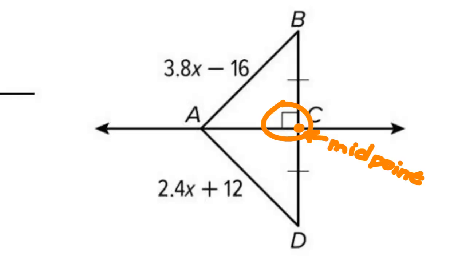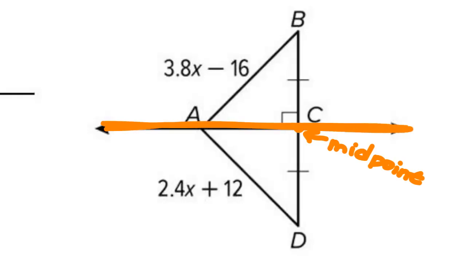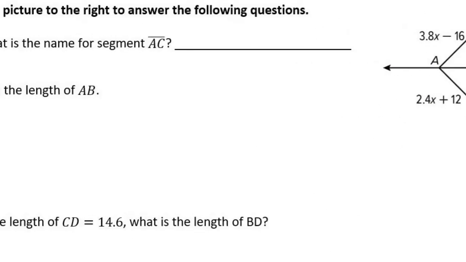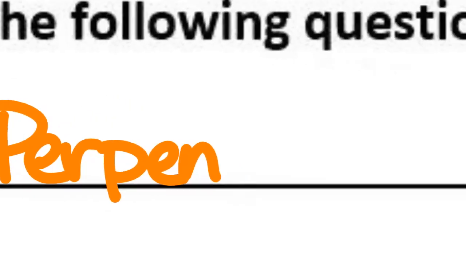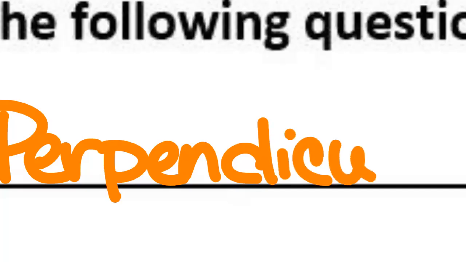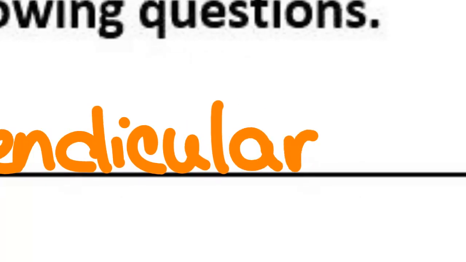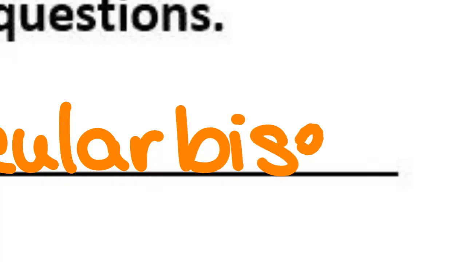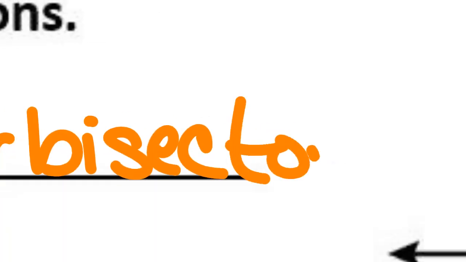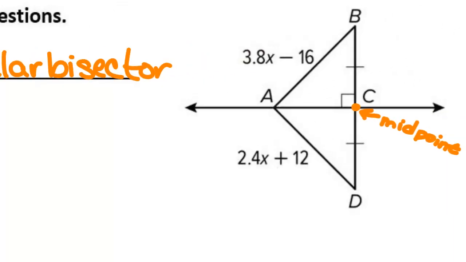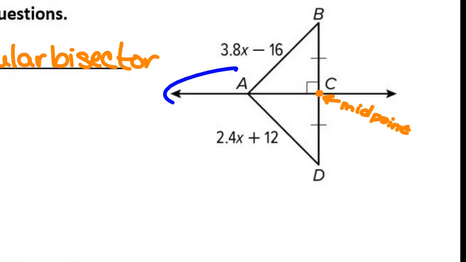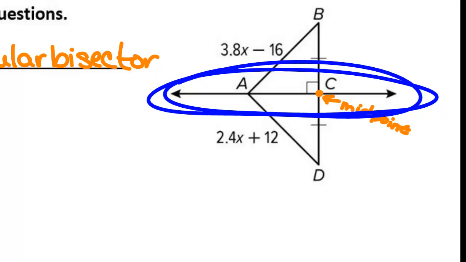What's a word that starts with a P that means makes a right angle? Perpendicular. So what do we call this segment then? Perpendicular bisector, yes. Perpendicular bisector. One of the properties of a perpendicular bisector is that any point that is on the perpendicular bisector